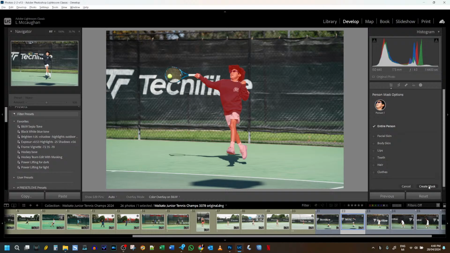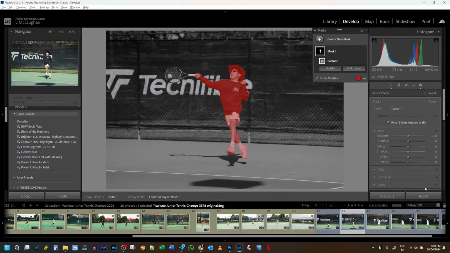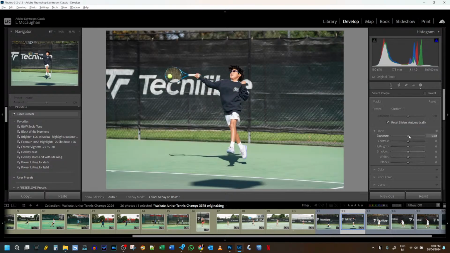It's done a reasonable job of selecting him, but not the tennis racket. I could go in here, bump the exposure on him, drop the blacks a little bit, drop the highlights so skin doesn't stand out, and